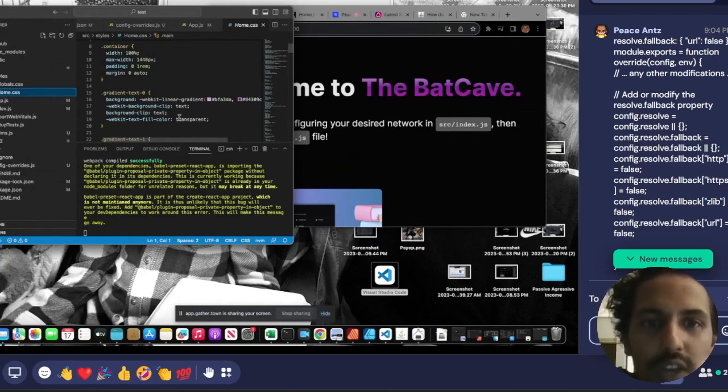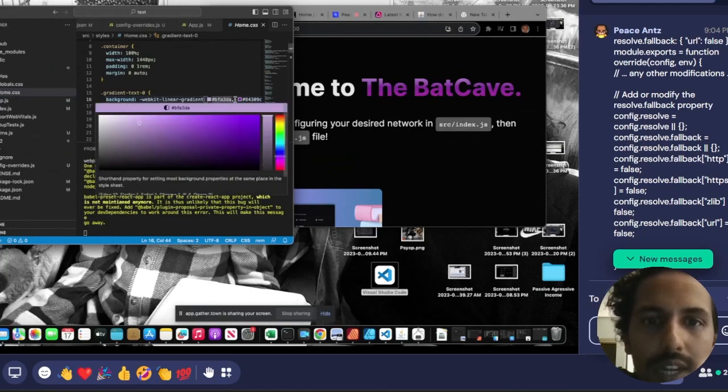It's a gradient, so we're going to go from one color to another. The top color is the left color and the right color is the bottom color. So go ahead and pick a new color. You could click the color you want, and you could change different purples.